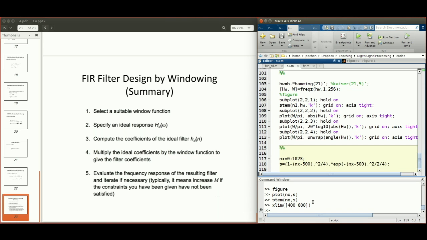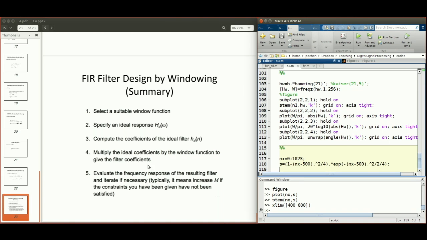So let's first try to filter it with a boxcar, right? With just an ideal filter, but it's a kind of FIR filter that's designed using a boxcar time window. Basically, we have to be careful about the windowing function and also the low pass filter, right? So this ideal target frequency